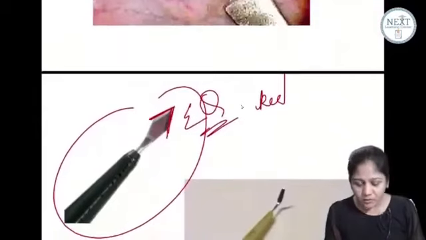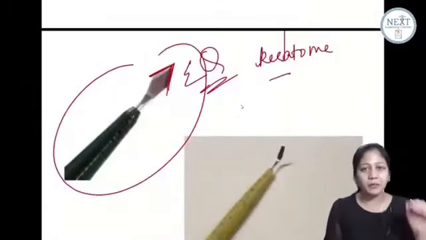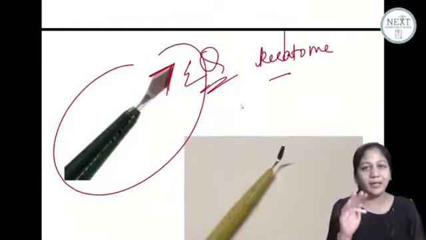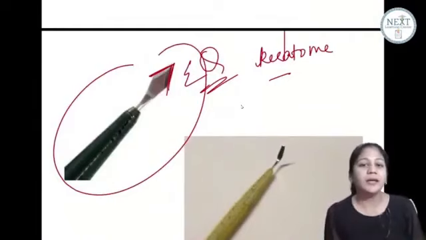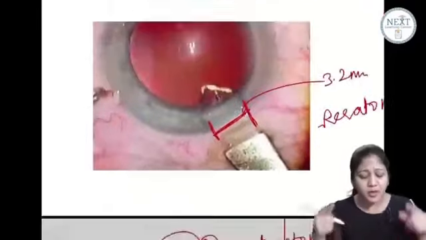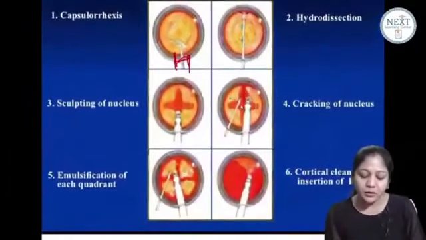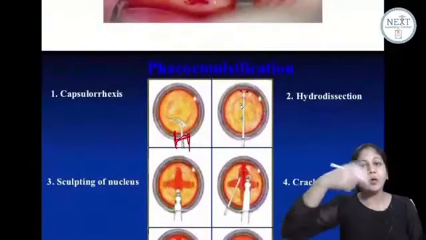This instrument is called as keratome. Kera means cornea, tome means cutting. So you are cutting the cornea with the help of keratome. ठीक है? But identification is important. You have a very sharp edge. Okay? आगे चलिए. So after you make a cut in the cornea, obviously you have to make an opening in